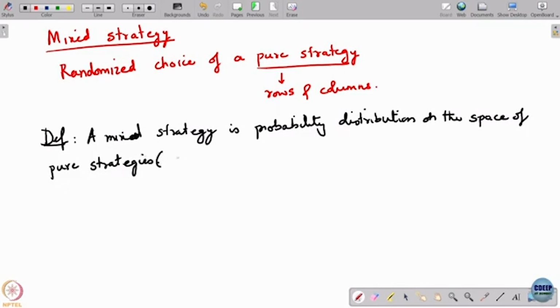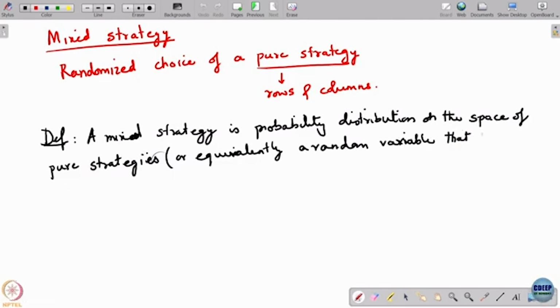Or equivalently, the space of pure strategies, equivalently a random variable that takes values in the set of